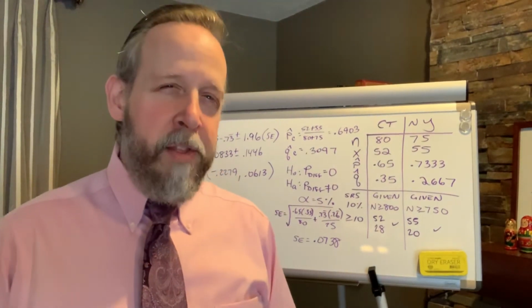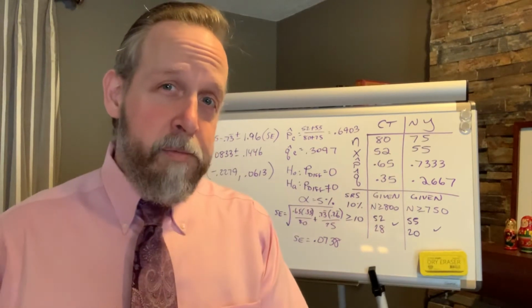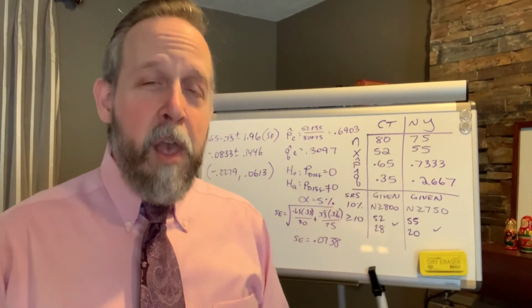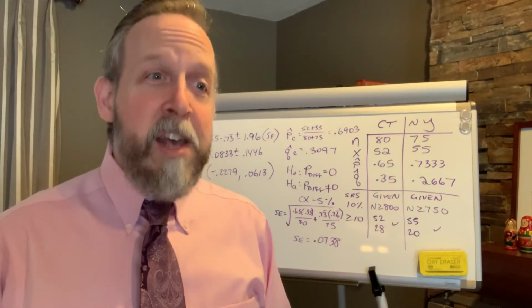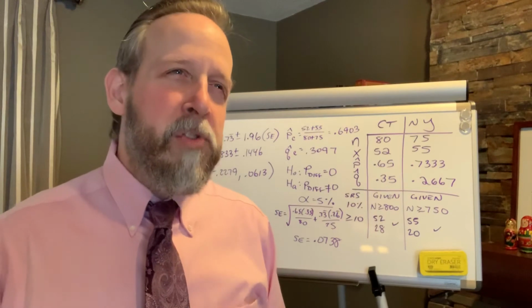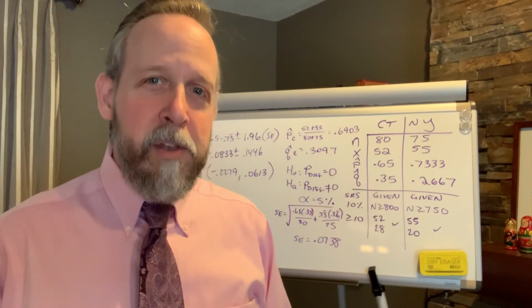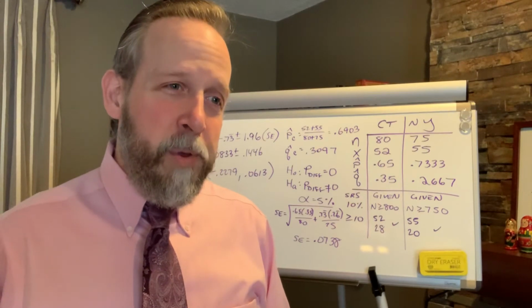What's contained within that interval? The number 0. Starts at negative, ends up positive. When 0 is contained inside the interval, it tells us very specifically that there's probably no difference between the two, or at least there's no statistically significant difference between the two. And that's what we're going to also verify with the